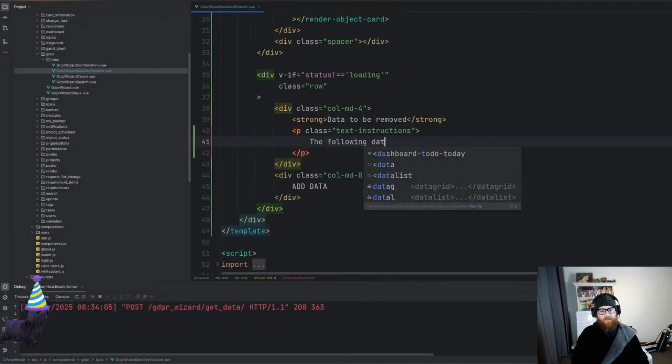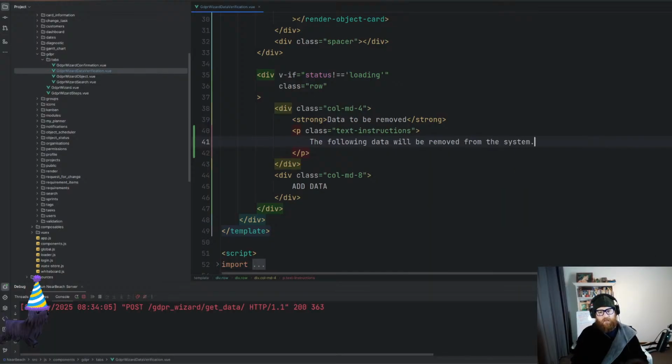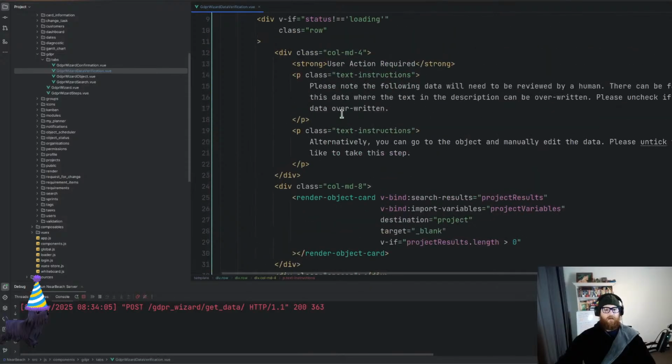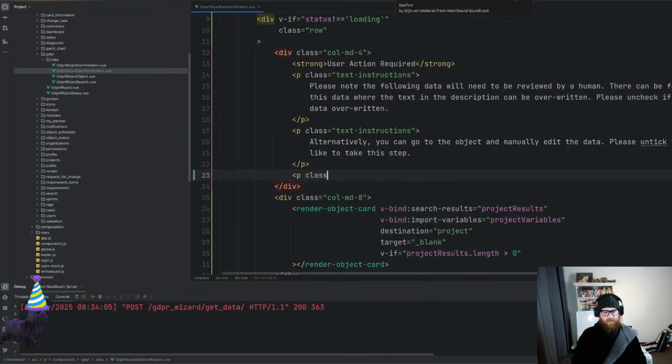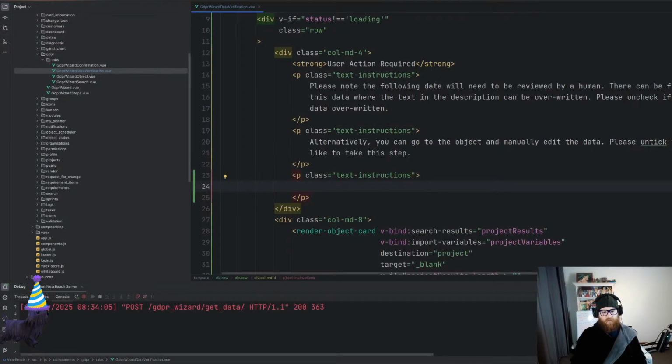The following data will be removed from the system. Please. All right, easy. So we're going to keep it simple, as easy as possible. Up here, we could please alternatively, I am going to state P class text instructions for best